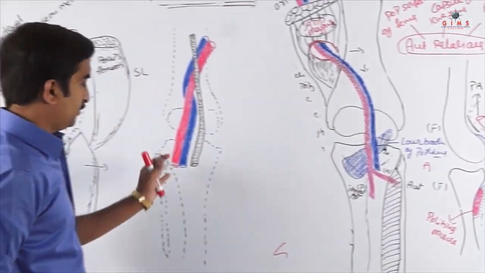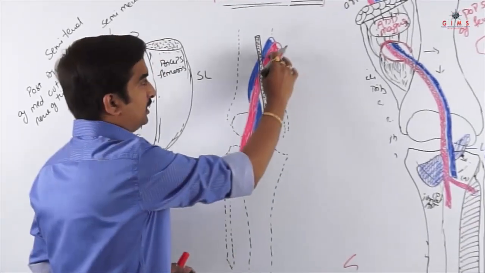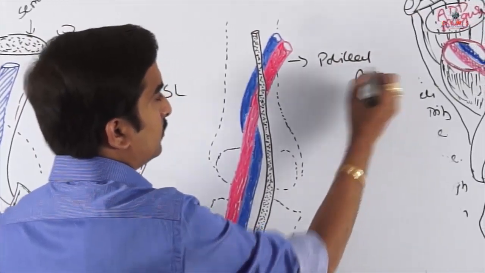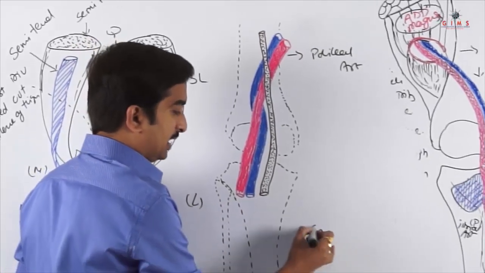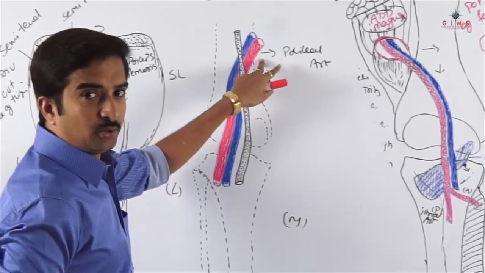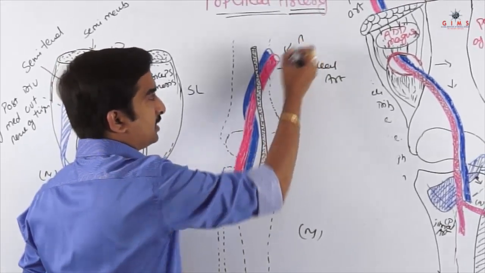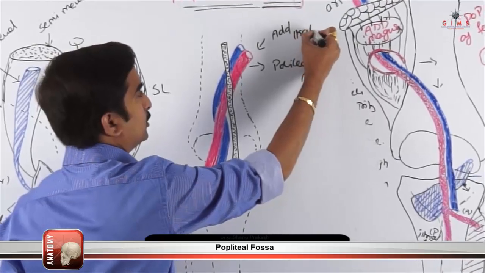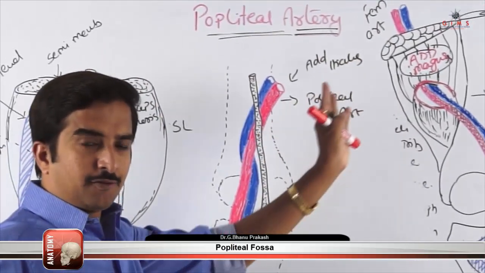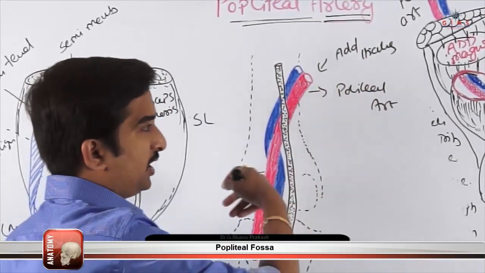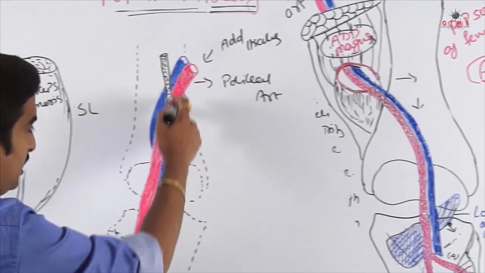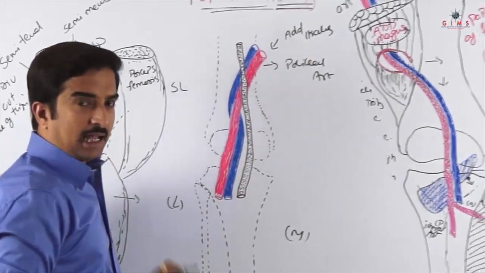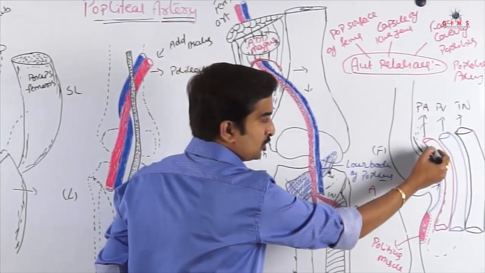If you see this, this is the popliteal artery, and this is towards the lateral side and this is towards the medial side. If you know the course of the popliteal artery, you know that from the adductor hiatus, the opening of the adductor magnus, the femoral artery continues as the popliteal artery, and as you studied, it runs downwards and laterally. Same thing, it runs downwards laterally because this is the lateral side, because you can see the fibula here. And I said that the popliteal artery is the most posterior structure,